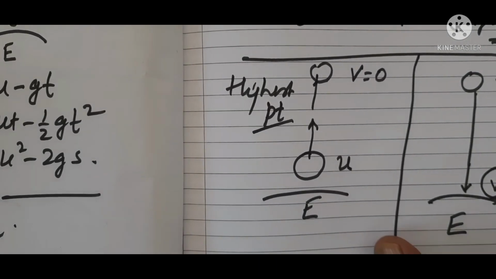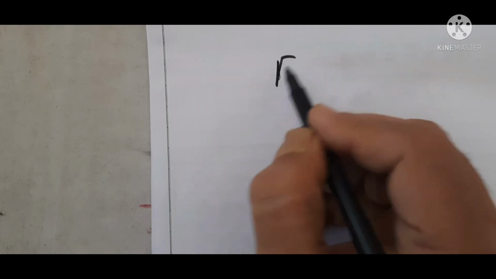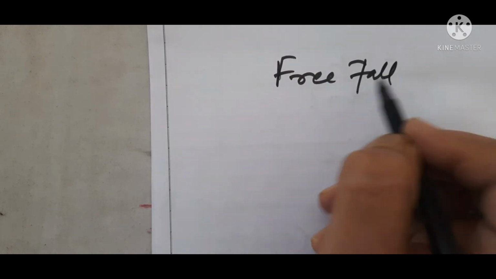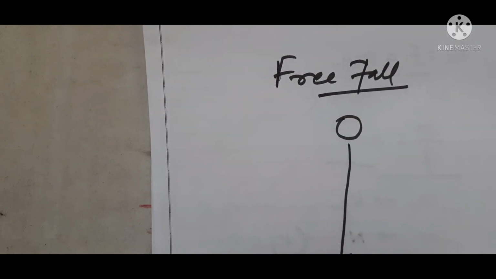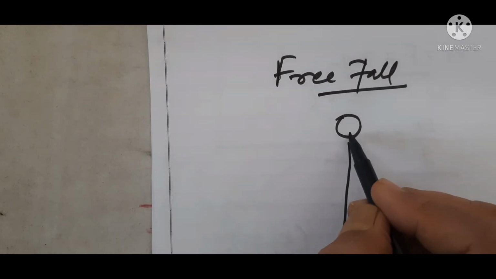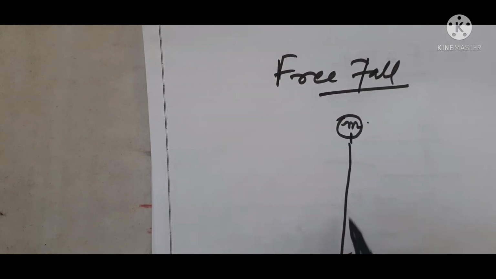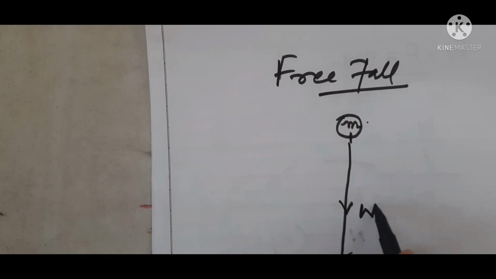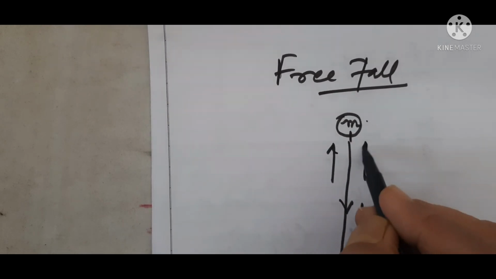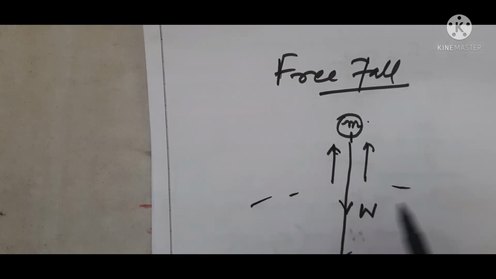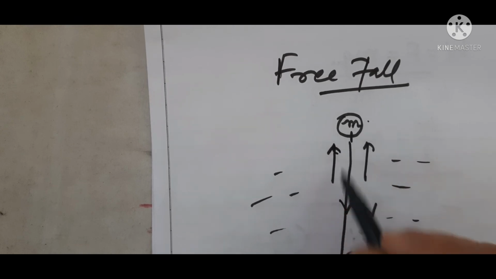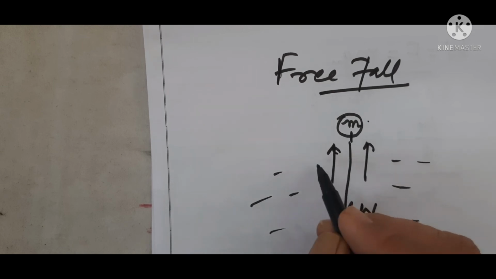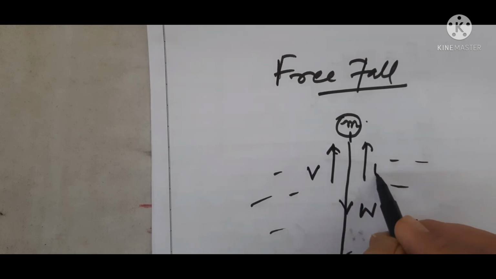So these are the main points, a recapitulation of your gravitation chapter, and next is your free fall. Free fall, what is the meaning of free fall? If the object is falling towards the earth, having some mass m, its weight is acting in the downward direction. And other forces are also there. Two more forces are also there due to the medium of the air. These two forces do not allow the object to fall freely. One is the viscous drag, another is the upthrust.